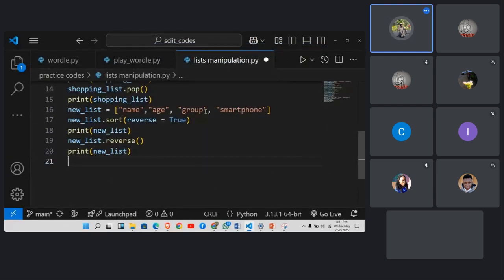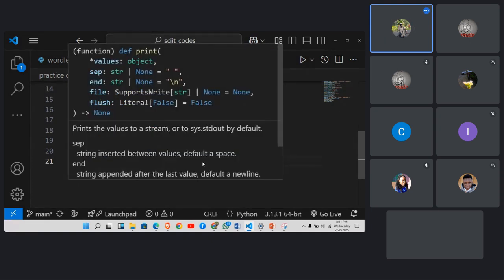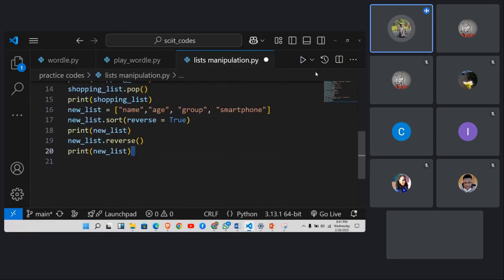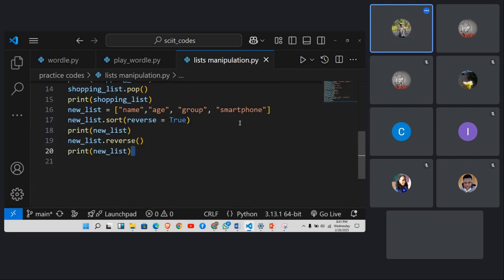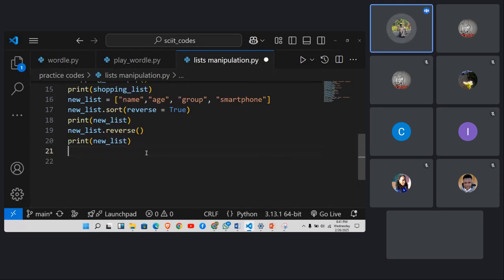It should now start with, remember we had sorted it in alphabetical order. Now after the alphabetical order, it's when it will rearrange them. Smartphone name, group age. Now it started with age, group, name, smartphone. That's now lists in reverse order. Let me show how to access the items